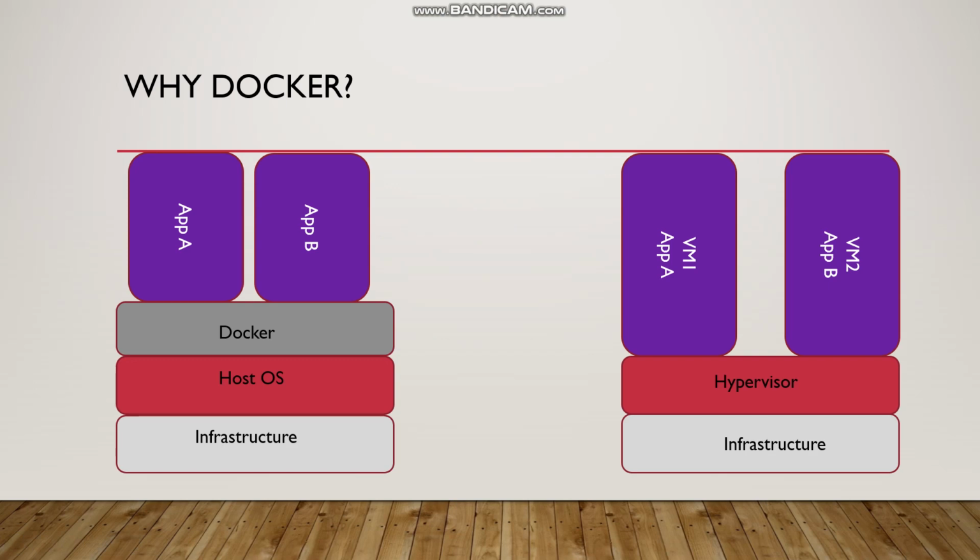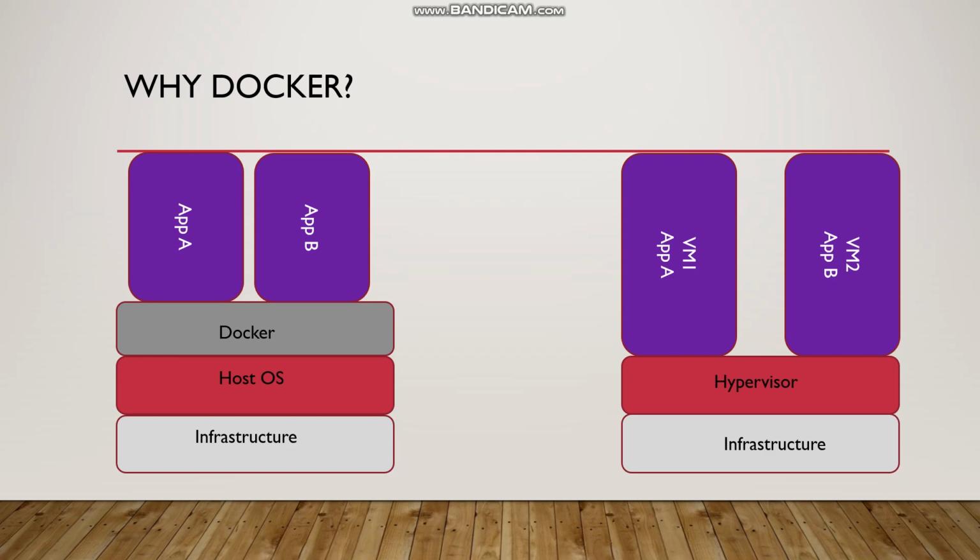Now what is the differentiating factor here? Understand that a VM is a full-fledged operating system. So VM1 and VM2 are two different operating systems. While on the left hand side, there is only a single operating system, which is the host OS, and Docker sits on top of that. So by looking at this image, we can easily figure out that there is only a single operating system involved, not two. If a hypervisor wants to install multiple operating systems, it can, but multiple operating systems cannot be used in the Docker way.